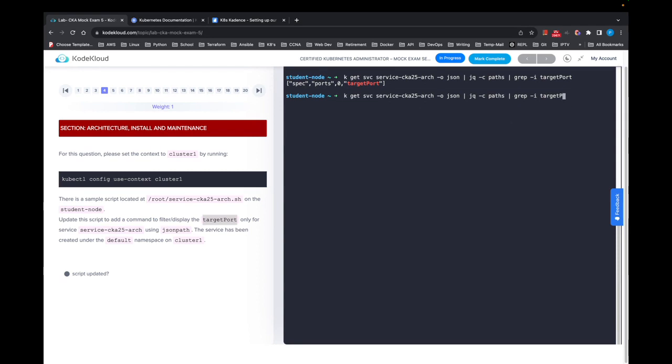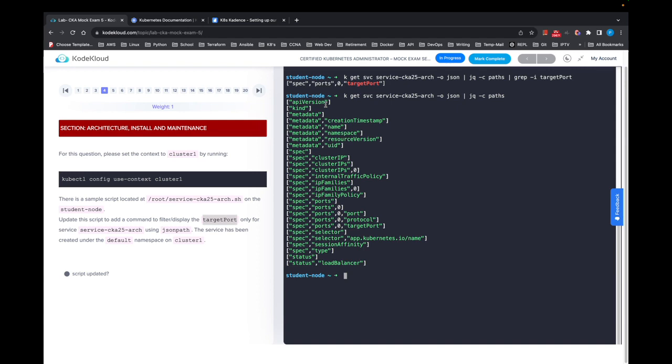So now within that paths, matter of fact, let me just do it without the grep. It gives us every piece. So API version, kind, metadata dot creation timestamp, metadata dot name, metadata dot namespace, spec dot cluster IP, right? And remember, we're looking for the target port. So if you guys are not really comfortable with the zero and the list stuff, this actually does it for you. So all you're literally going to do is the same, it'll be dot spec, dot ports, zero,